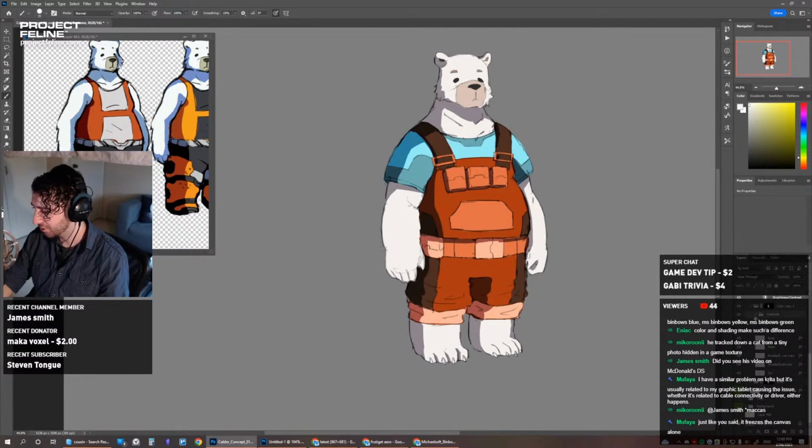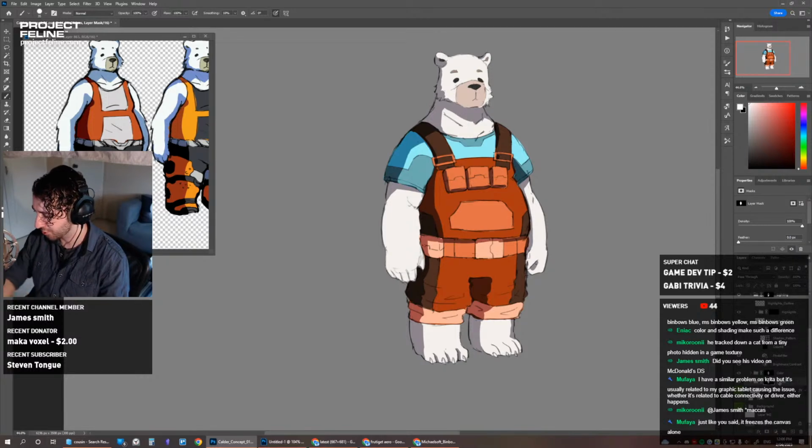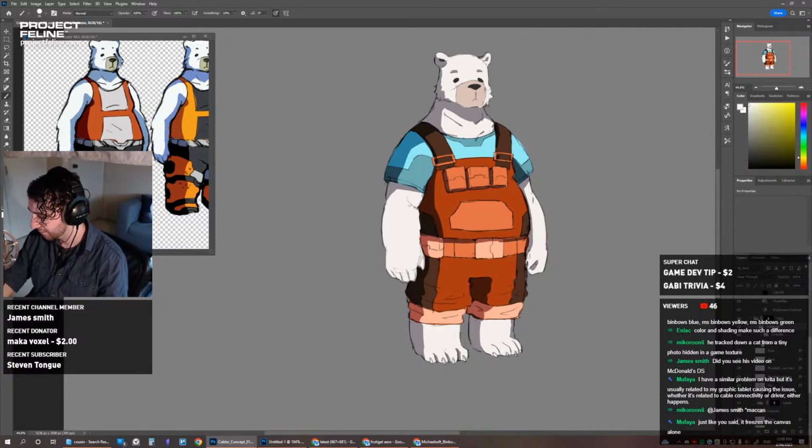Okay, so I'm gonna rename this to color. Rename this to value, and I'll just make sure that my layer names are actually correct because it'll make things easier. I think they are. Yeah, okay, that's good.